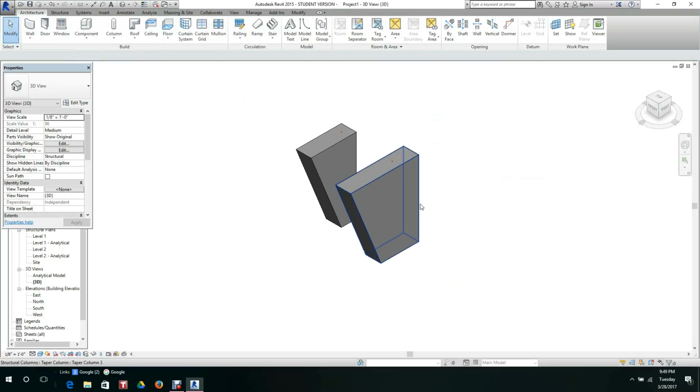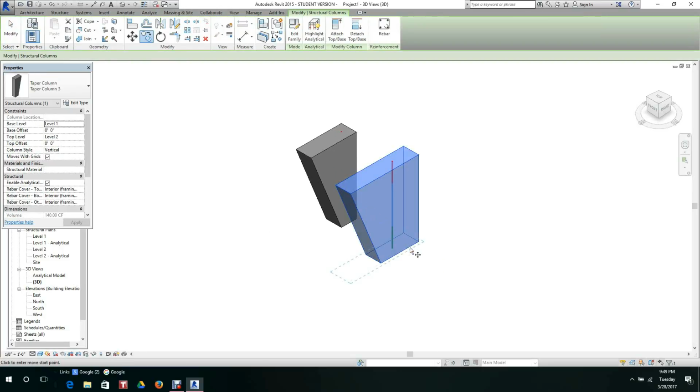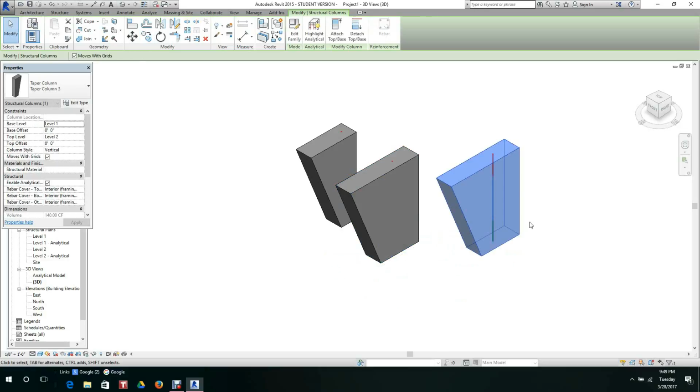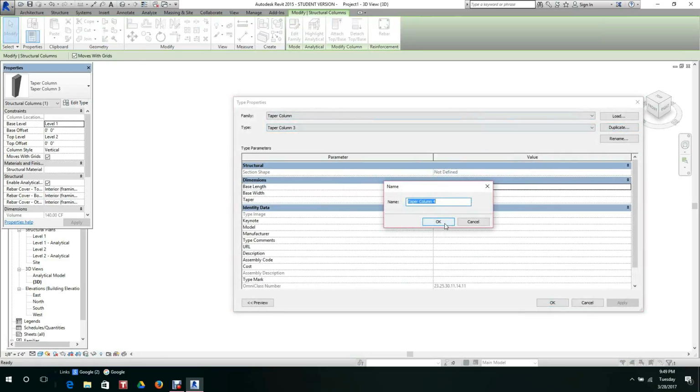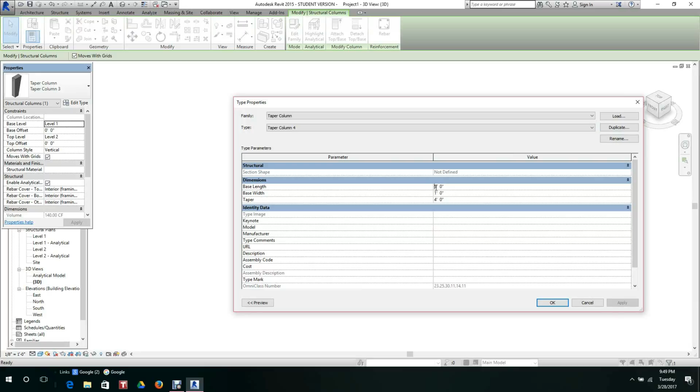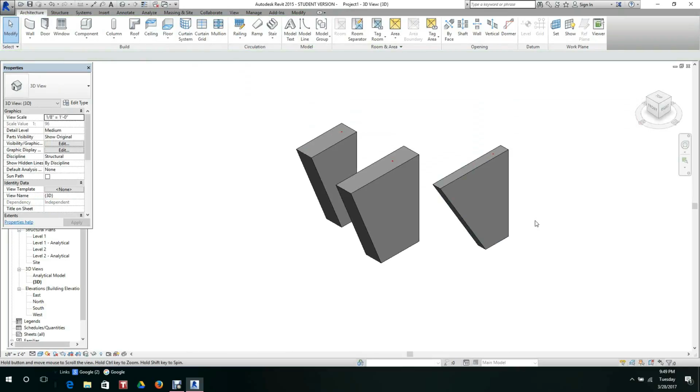and then we can copy this one, bring this out here. So basically what we can do is we edit type, we duplicate, and we can change these values. We can make the base 1. We can make the top, we'll make the top 3 and the taper 6. Hit apply. So there you have it,